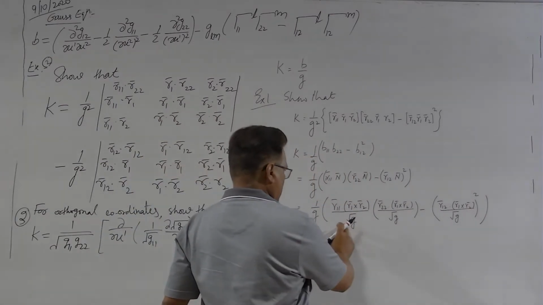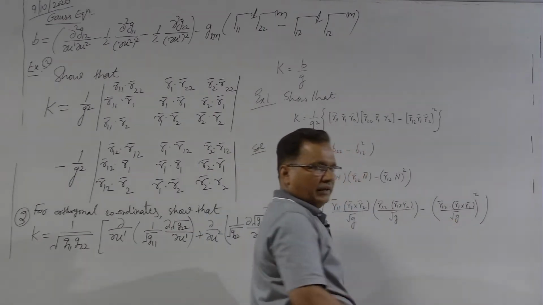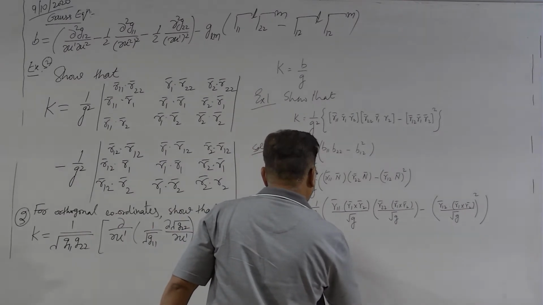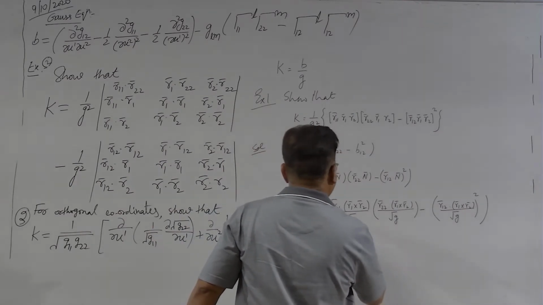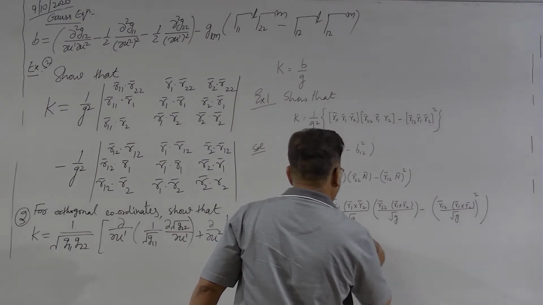So, this product will be G. Similarly, here also you will be having G. When you take G common, you will be getting G square outside, and this is scalar triple product of R11, R1, R2,